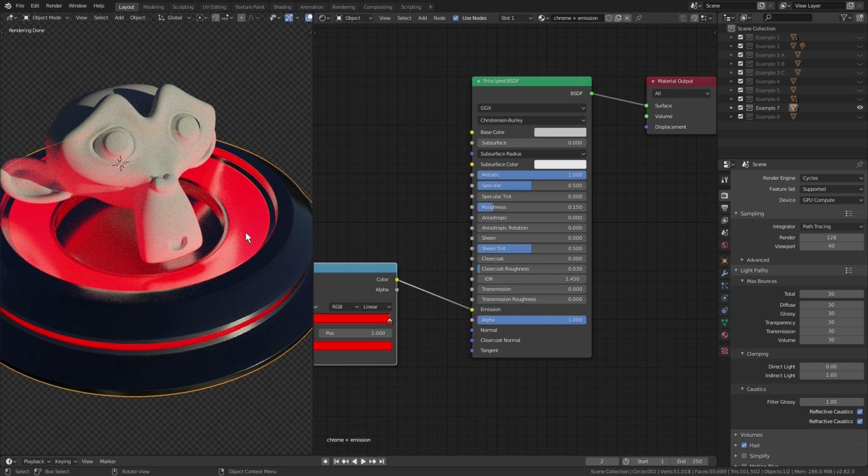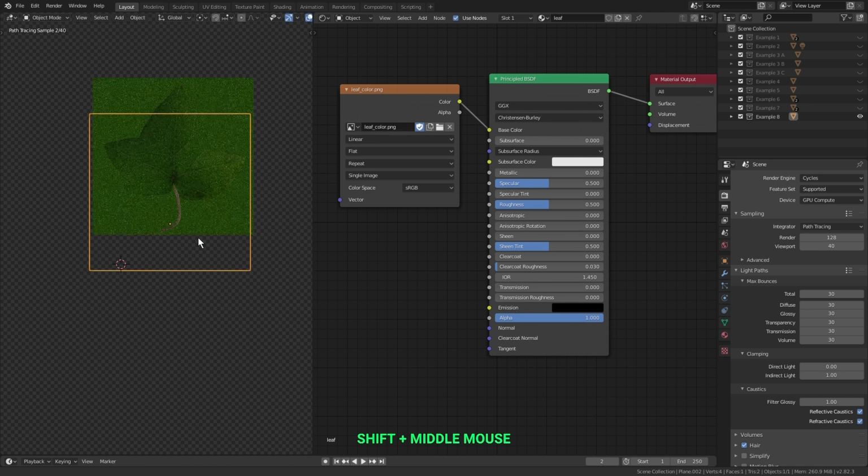And that's it. So this is a newer feature to the principled node, and it prevents the need for mixing in a separate emission node, which is what we had to do before when we had textures that included some elements that emitted light. All right, now let me switch over to example 8, where I have this leaf texture